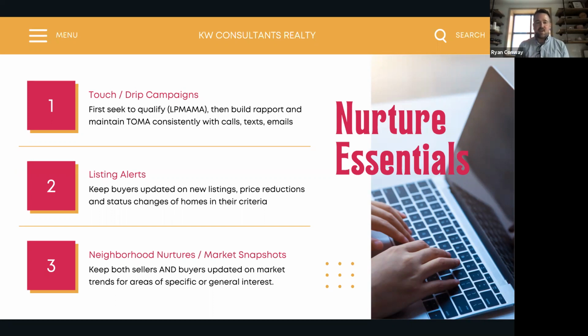Besides touch and drip campaigns, you're also going to want to have listing alerts. Whatever they came in on, whatever they're looking for, whatever you found out, that location, that price, that information from them, you're going to want to set them up with some sort of drip of new listings, price reductions, status changes for homes that are meeting the criteria that they gave you over the phone. Even if you're not getting to the point of having an appointment with somebody, at least have that bare bones information of, hey, we want Dublin, $500,000. We don't need to get into specifics. If it can be general and get more homes in front of them for that long haul, we're just trying to consistently create that top of mind awareness.